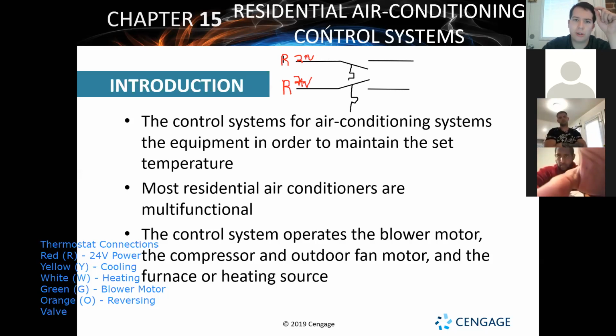So on the other side of this, we'll have a yellow wire, and that's going to be our call for cooling. And you're also going to have a white wire, and that'll be our call for heating. So what's going to happen is